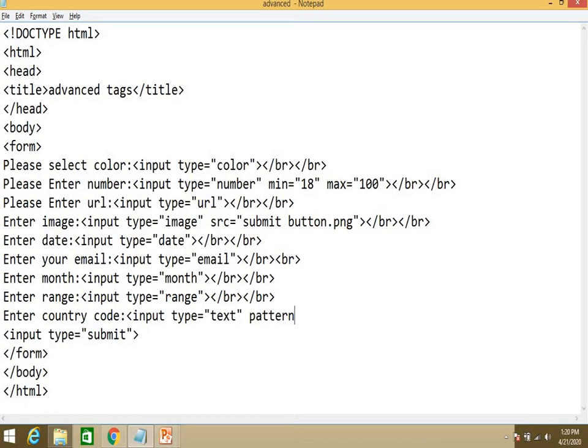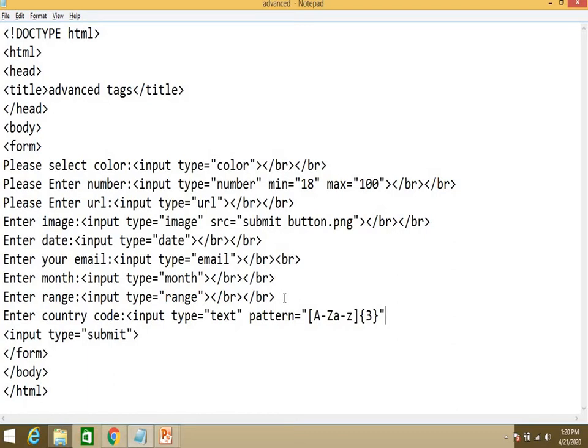Pattern equal to, in double quotes, A to Z capital and a to z small. After that, 3 means only up to 3 characters.